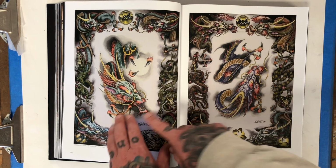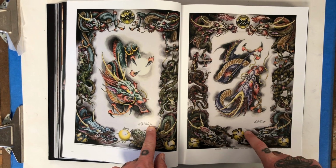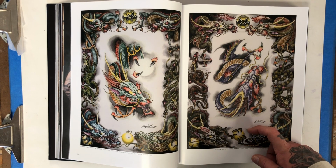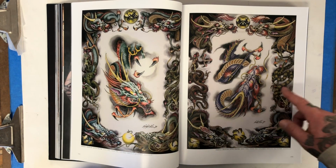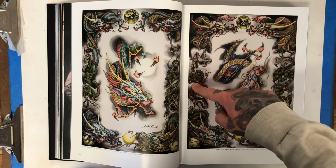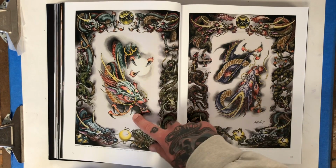I remember these dragon sheets. I think they were in 2000, and this was like right when I started tattooing. And I remember these came out, and I thought it was so cool. The colors were really interesting. You know, they were kind of subdued, but yet there was really bright areas in them. And then the side dragons I just thought were so wild and far beyond anything I could draw at the time. We had both these sheets of flash